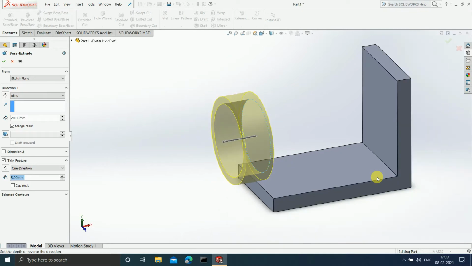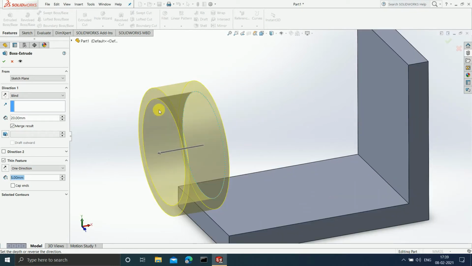Okay, so guys, I hope that you have understood what is the use of the extruded boss base. If you have not understood, then please watch this video again, it will make things clear. Now there is one more option available, that is selected contours. Now in this, what happens is that we have only selected a particular sketch, sketch 4, but if you want, you can select 2 or more sketches simultaneously, and you can extrude them at the same time. But I'd prefer that when you're at the beginning level of your SolidWorks career, you do not use multiple sketches, just focus on a single sketch and extrude it one at a time.